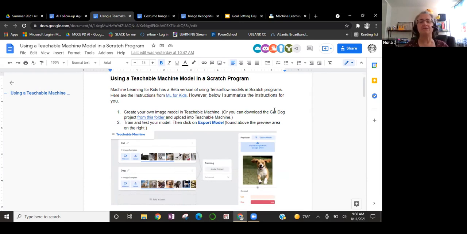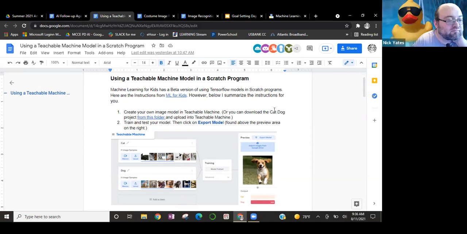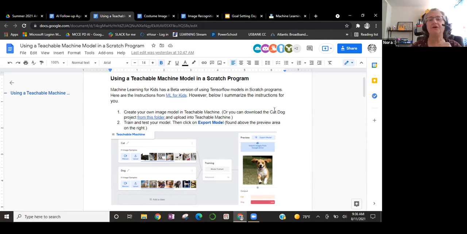And the first example that I want to take you through is actually going to be a simple one. It's not going to be facial recognition at all, but rather something like a cat versus dog. Now, if you have some kind of model up already in Teachable Machine, you could go ahead and open that one up. If you want to, you could quickly create one. Or I have a third option for you. I saved my model,